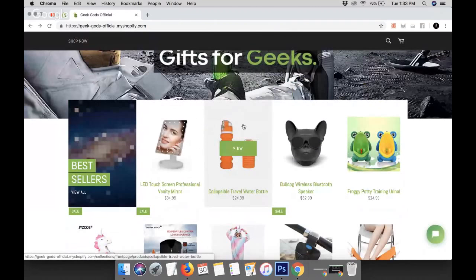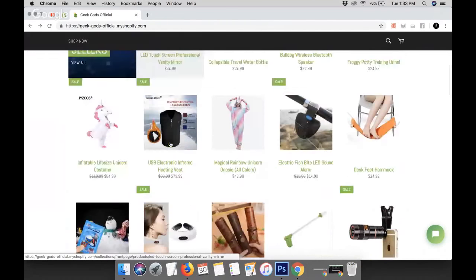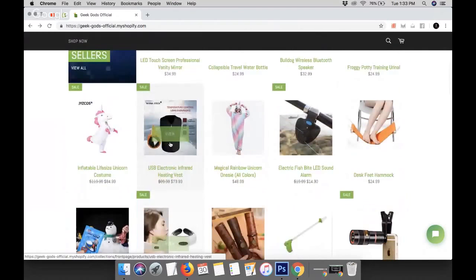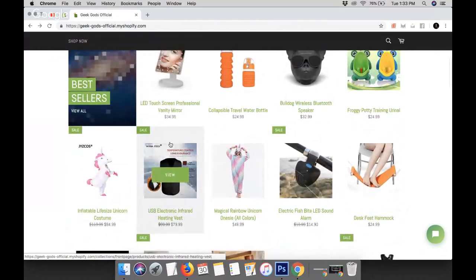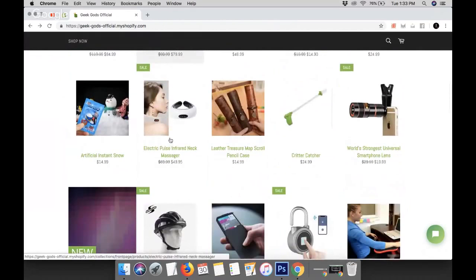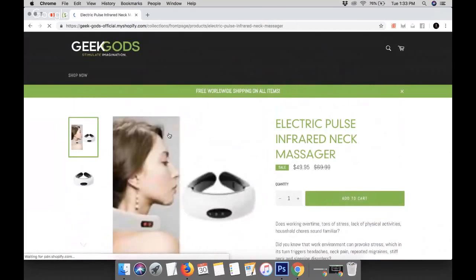So there's millions of opportunity. You could have a dozen ads running at one time, bringing you profit on just one store, or you could just have one product that you're making profit on. A lot of e-commerce experts, what they do is they'll build a general store like this with your niche. And then once they see that one product is doing very, very well, say for instance, this electric pulse infrared neck massager, say this neck massager was doing very well on Facebook ads and Instagram ads compared to other